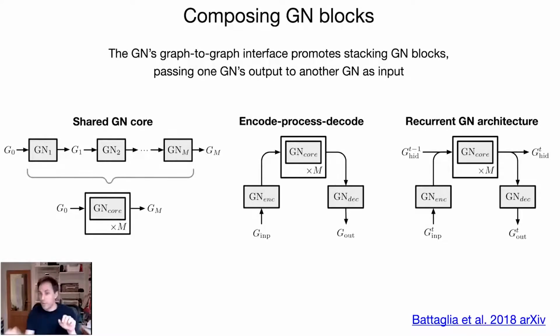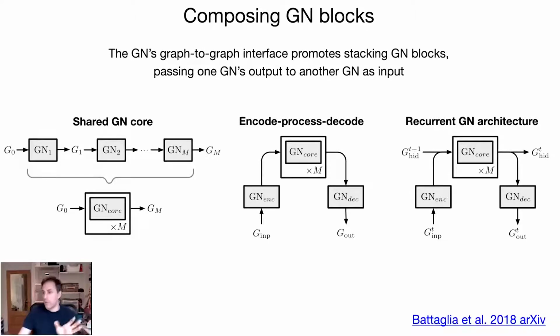functions or unshared functions. So on the left here, I think I mislabeled this. The shared core should be at the bottom. The shared core is at the bottom. The unshared, you have GN1, GN2, GN3, different models, different parameterization. So the top row is basically like a deep convnet. You have a bunch of different convolutional layers with different functions. The bottom is more like a recurrent